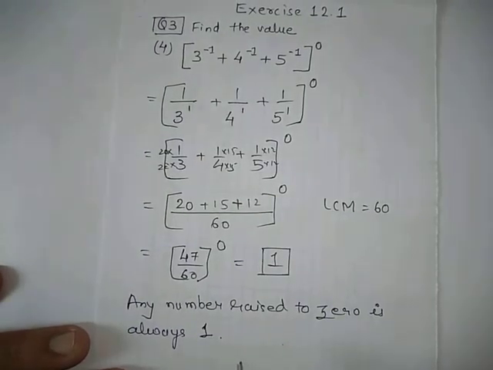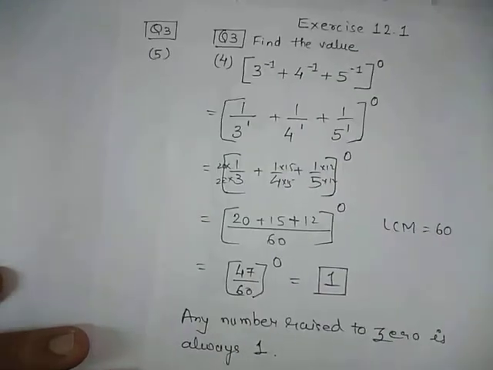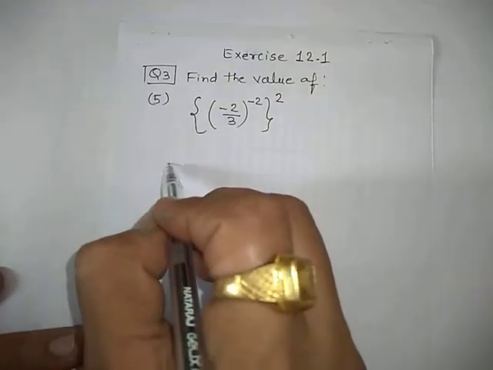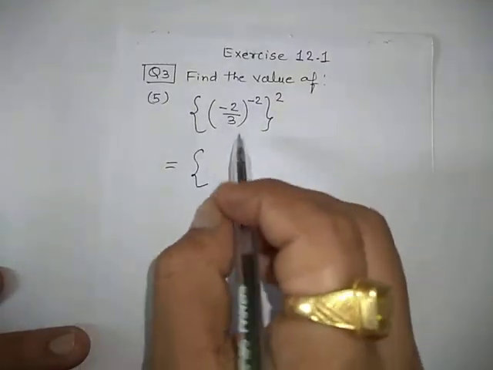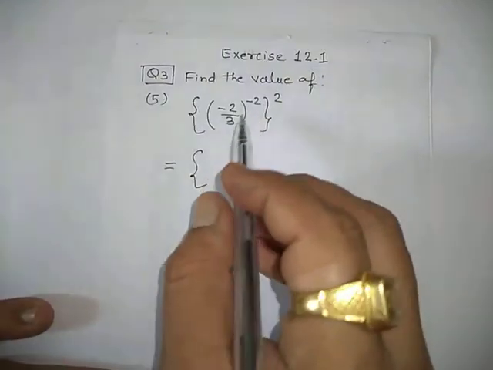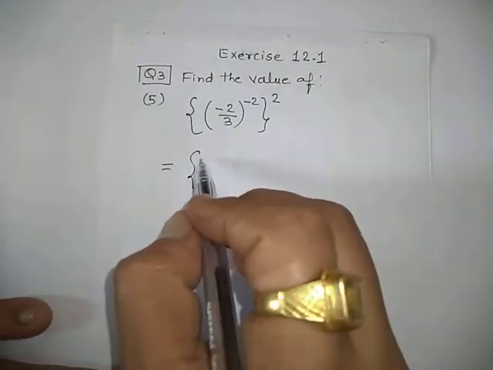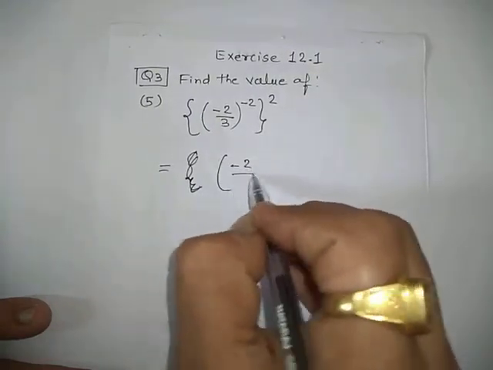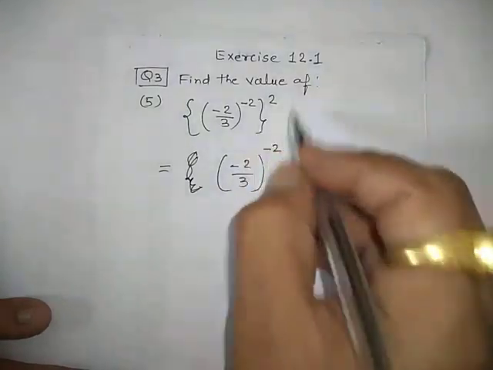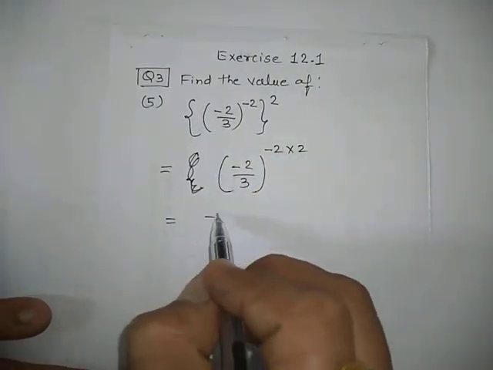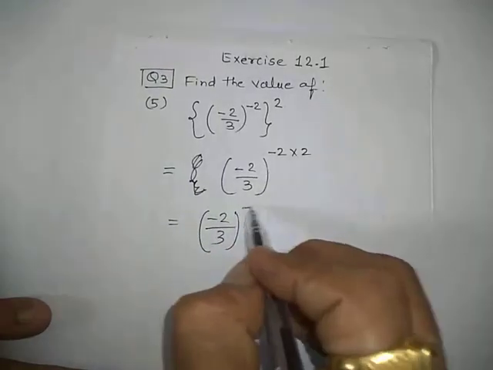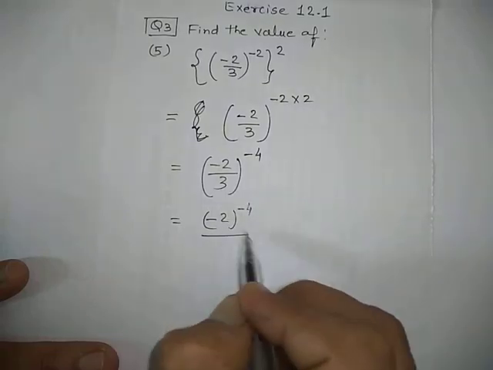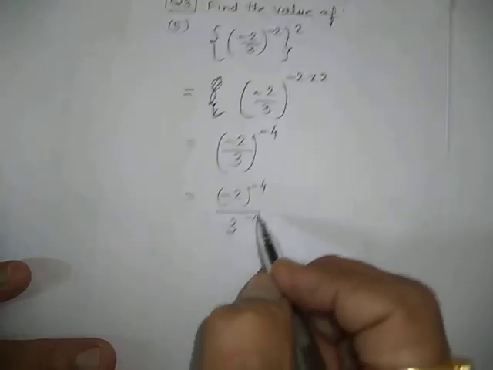So the last sum, the fifth one, and we will just end it. In the fifth sum, here it is given in a bracket 2 2s are. We want to first resolve this bracket. So to remove this bracket we will get minus 2 by 3 minus 2 power of power means multiply. So minus 2 by 3 minus 4. So we know that minus 2 also has 4 power and 3 also has minus 4 power.